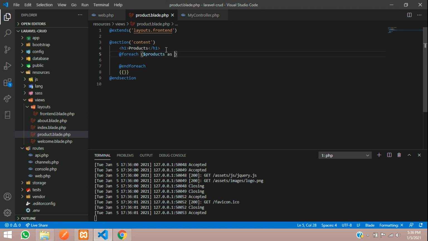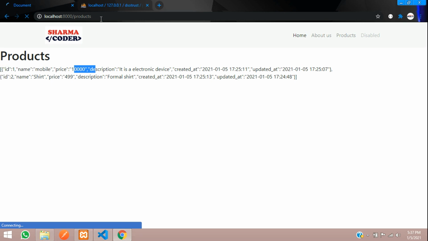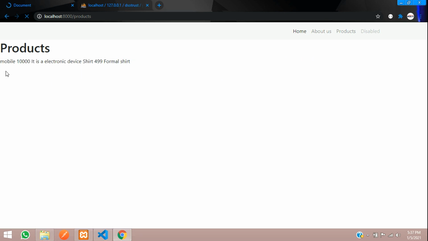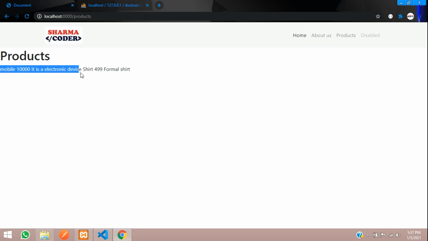You can give any variable name here, I am using $row, and here give $row of name, price, and description. These are the column names of our database. Let us save it and run the output. Once again let us refresh and check. You can see this is the description, this is the second product, the price, and the description.